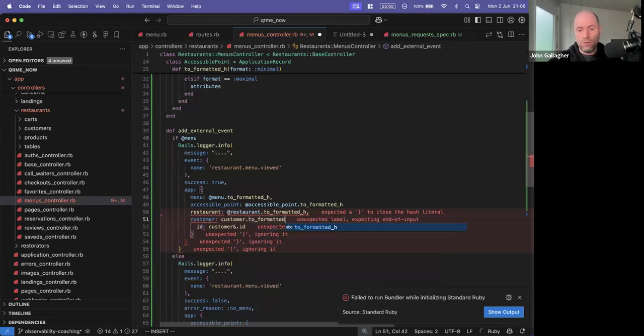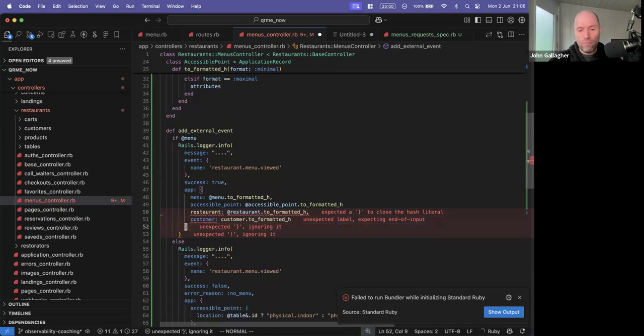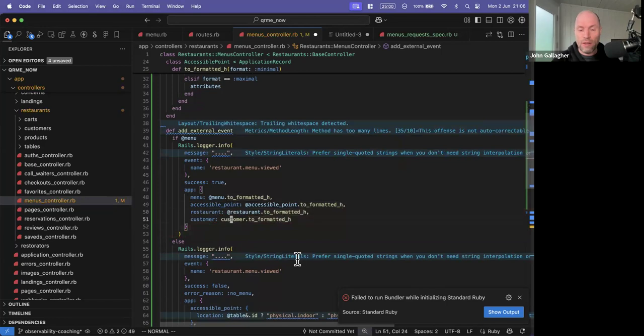I'd also, depending on how risky I'm feeling, potentially define toFormatted H on nil, so that it would just come back with an empty hash. Monkey patch, I don't really like doing it, but